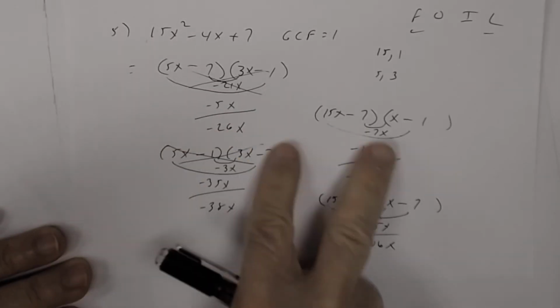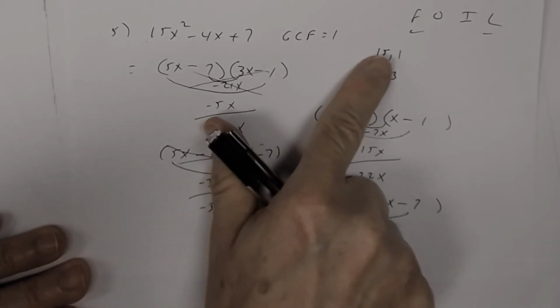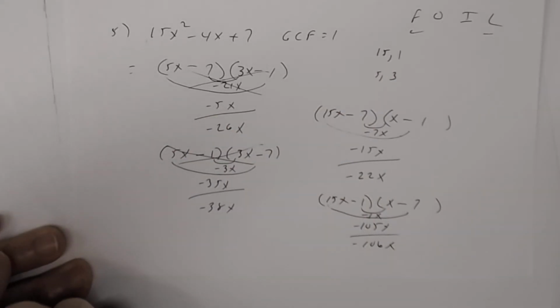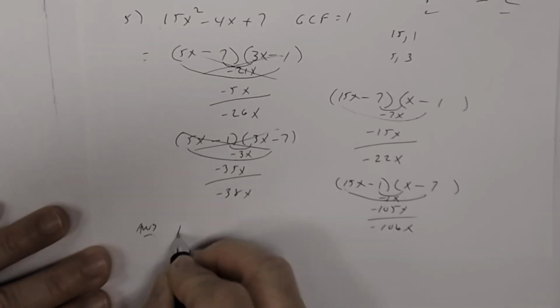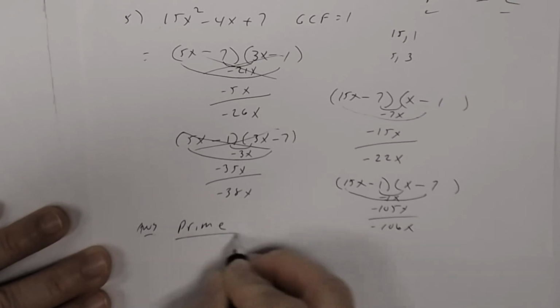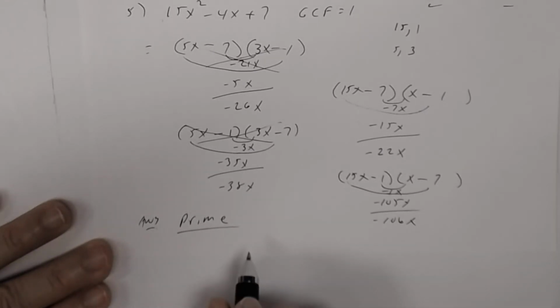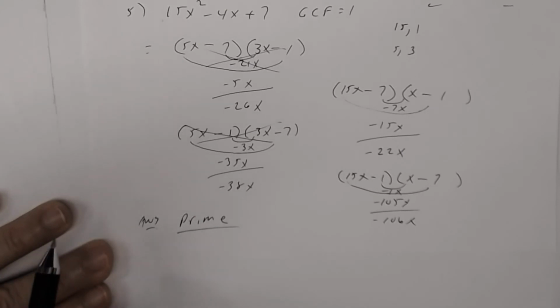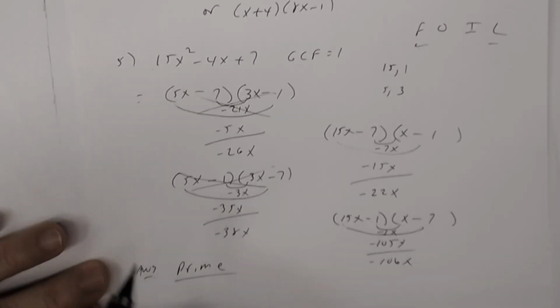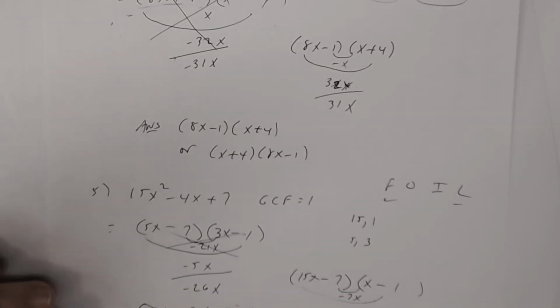So I went through all of this. Nothing works. I went through all my possibilities. Nothing works. So what does that mean about this trinomial? So the answer is prime. That's your answer. So that means that this polynomial cannot be factored as two binomials. Okay? All right, so that should take care of